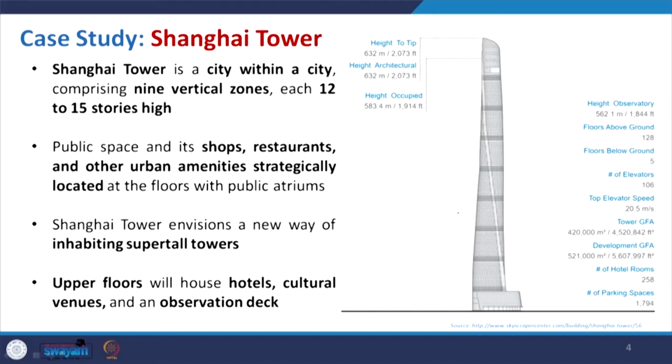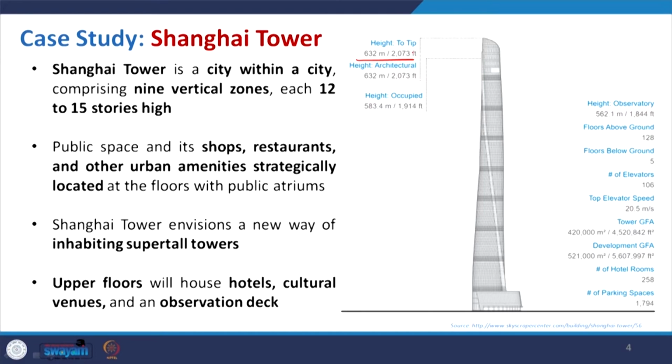With this concept, this is basically a city within a city comprising 9 vertical zones. This building has a height of 632 meters,